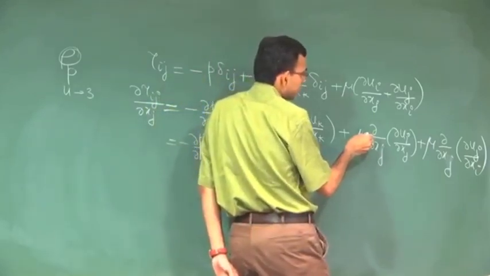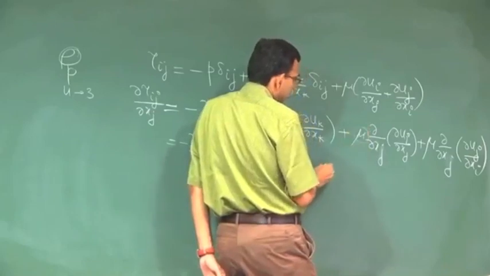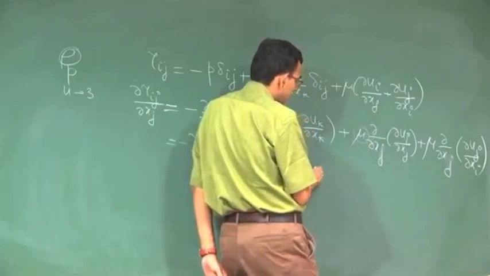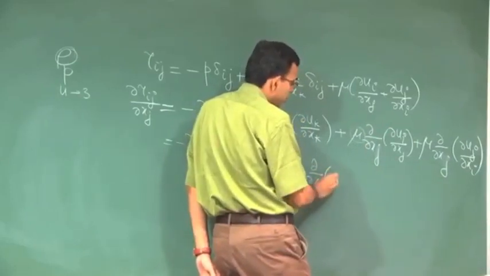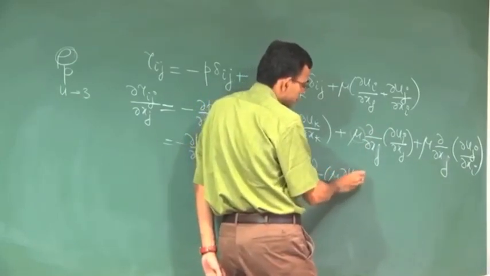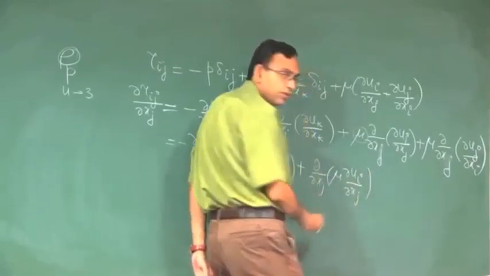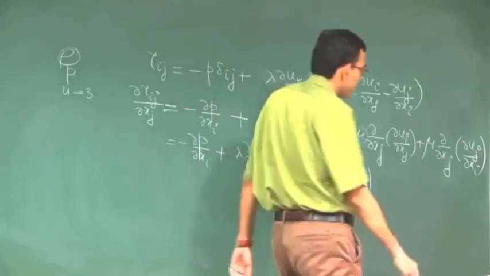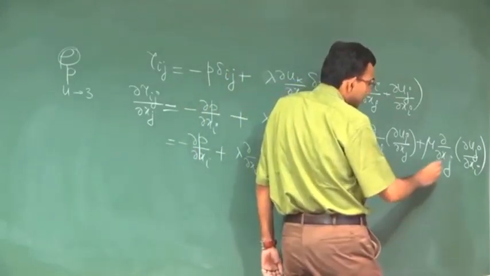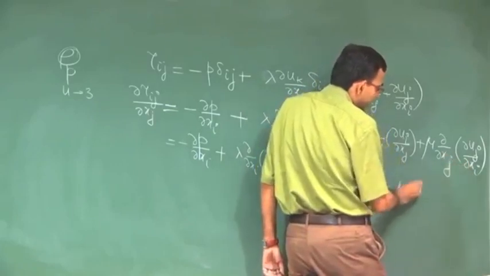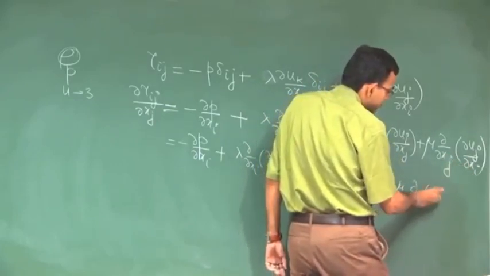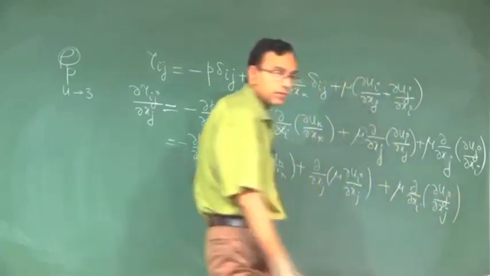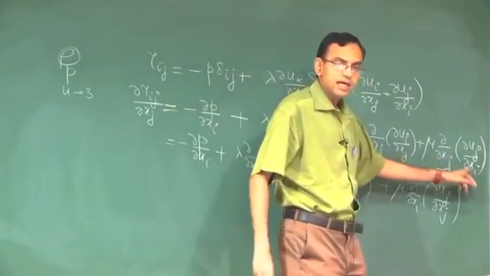Because this mu is a constant, you could as well take it inside the derivative or outside the derivative, it does not make much of a difference. So, sometimes this is the way in which we write, because it is not a function of position, this will not matter. And the final term, because it is a continuous partial derivative, you can swap this xi and xj.